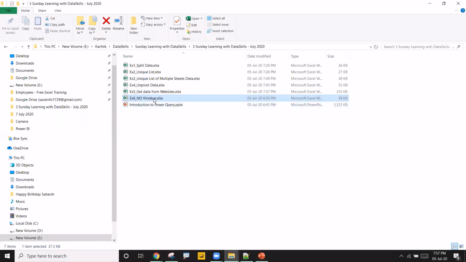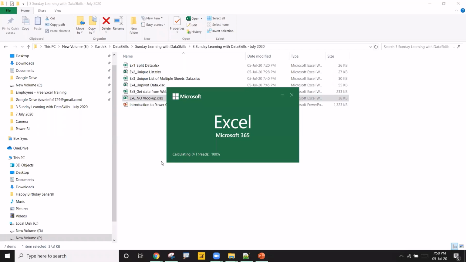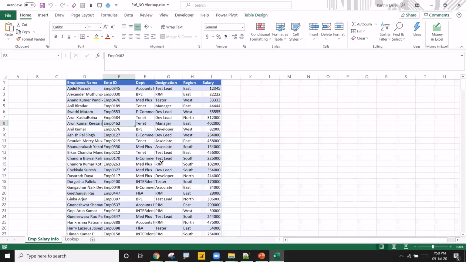No VLOOKUP. Oh, what is this? As Excel users, we use a lot that formula called VLOOKUP. There are many people who survive their job just by knowing the formula called VLOOKUP. So VLOOKUP is such a popular function. Of course, there are many advanced formulas, like INDEX or OFFSET or a new function like XLOOKUP. But still, people like VLOOKUP for many reasons.